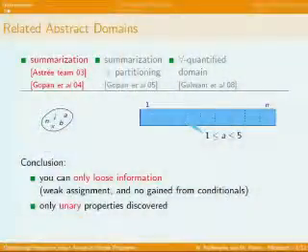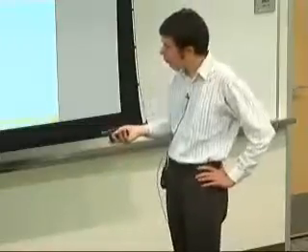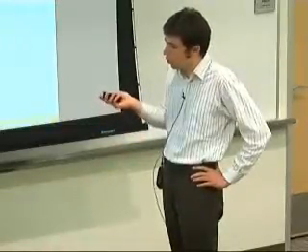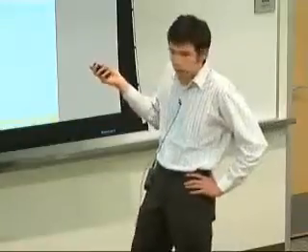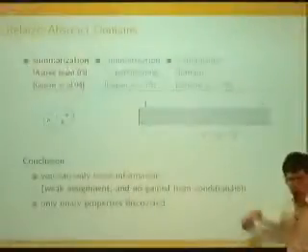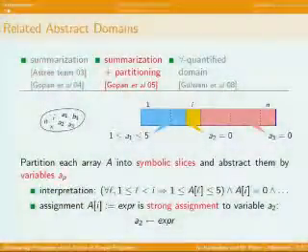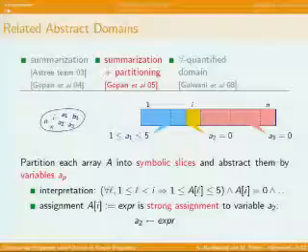So here, in this abstraction, you can only lose information due to this weak assignment, and you cannot gain information from conditionals about array cells. Moreover, you can only express unary properties, so properties about just one cell in your array. So an improvement was proposed in 2005. Yes? So on the previous techniques, how do you even gain any information if you can only lose information? You can, okay.